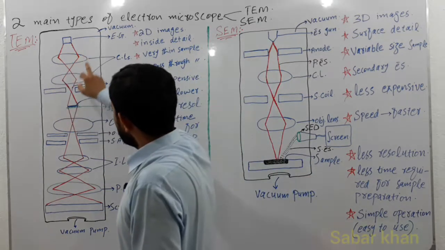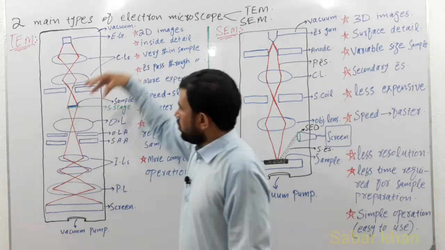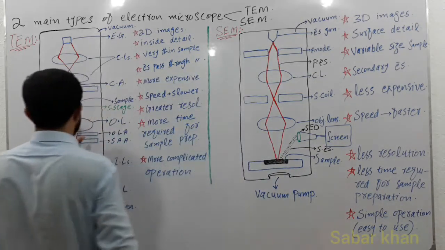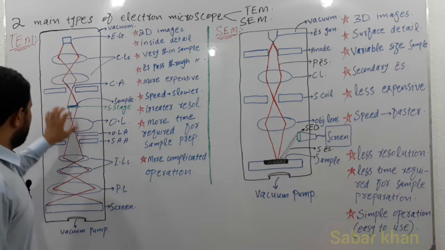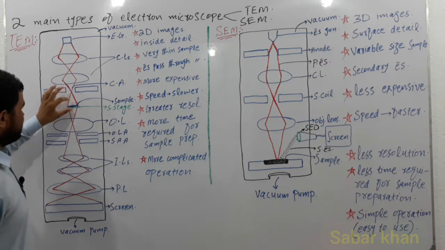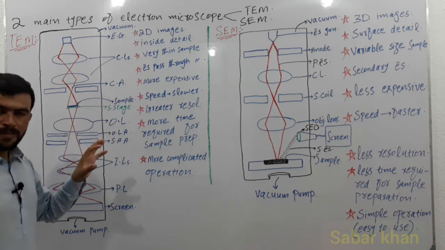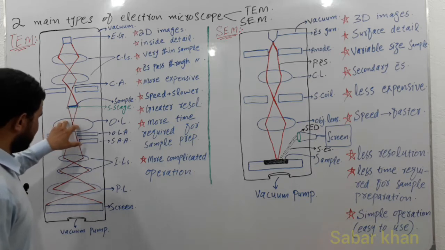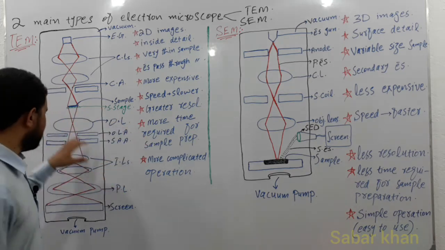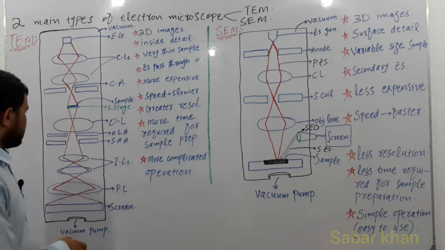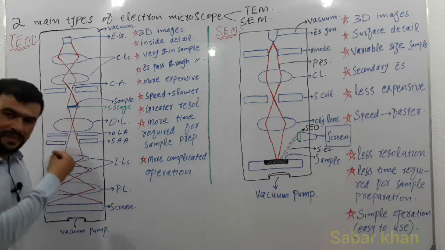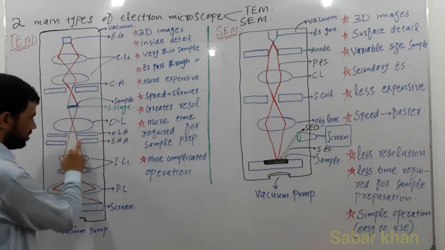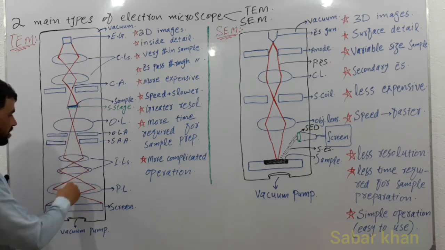And in transmission electron microscope, the sample is very thin, so the electron beam passes through the sample and comes towards the objective lens. During passing through the sample, the electron beam forms the image of the sample, and this image is magnified by the objective lens to some extent. This formed and magnified image passes through the objective lens aperture and selected area aperture and comes towards the intermediate lens